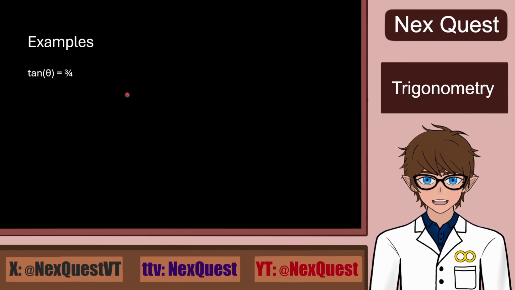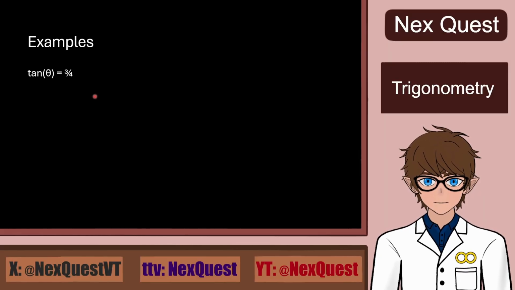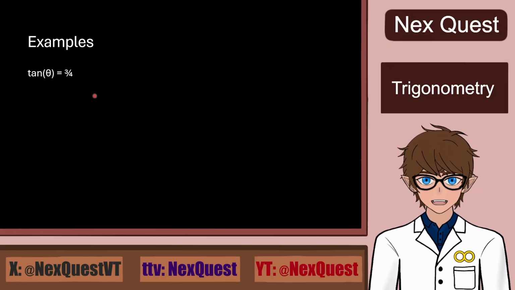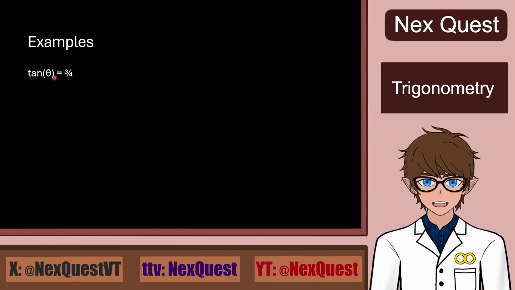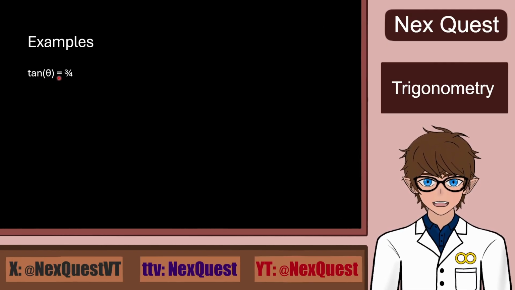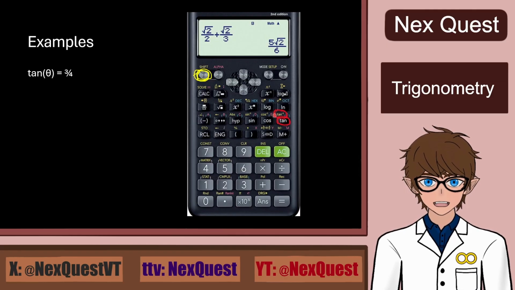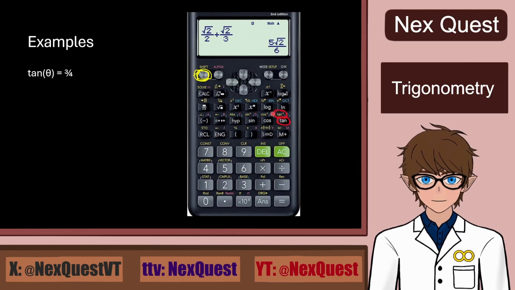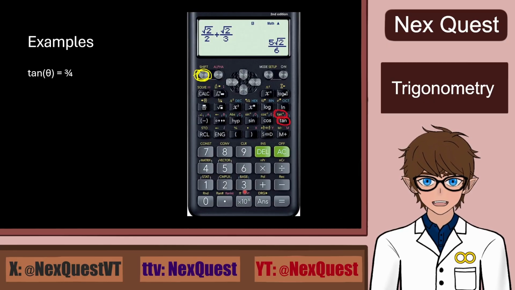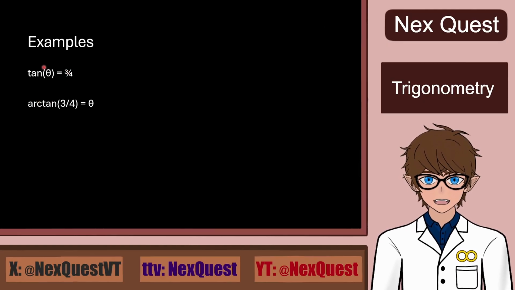So for our first example, let's clear our minds of all the complicated circles and stuff we've seen, and let's solve this easy example. We have a ratio given as a solution to the tangent of the angle, so our job is to find the angle. And for that we'll use the arcus tangent or arctangent or whatever we're calling it. We click shift, we click the tangent button, so it automatically inserts the inverse of it, and then insert in 3/4, and then enter,